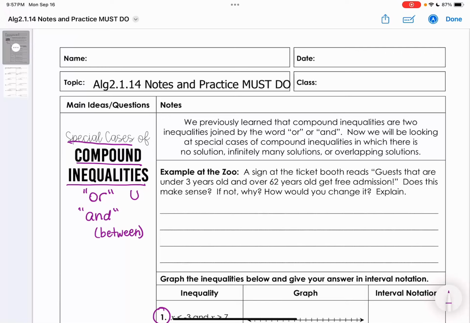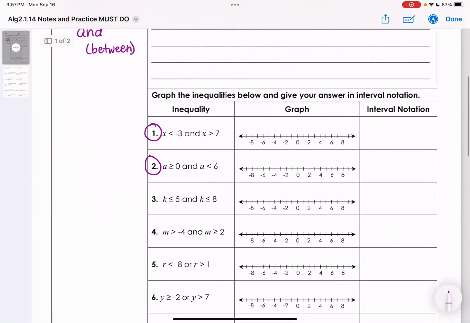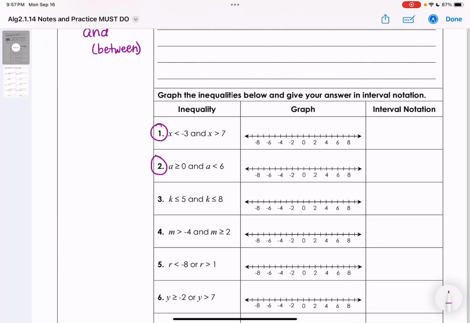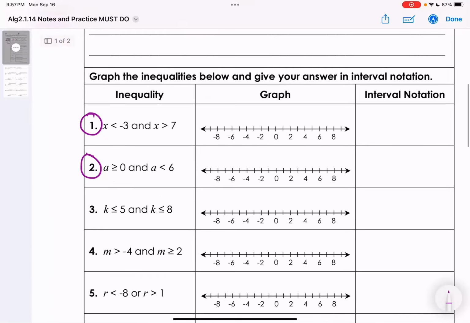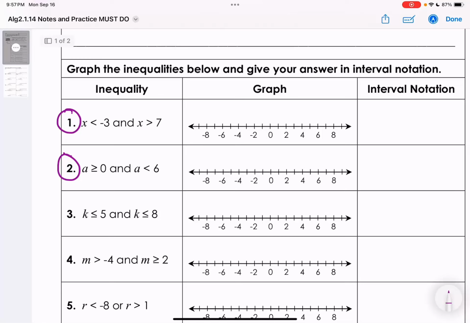In these special cases, sometimes we have no solution, infinitely many solutions, which is all real numbers, or overlapping solutions where we have to see that both of them make sense at the same time. So I'm just going to do two of these, and then I'll do several on the next page for you. So this first inequality, x is less than -3,